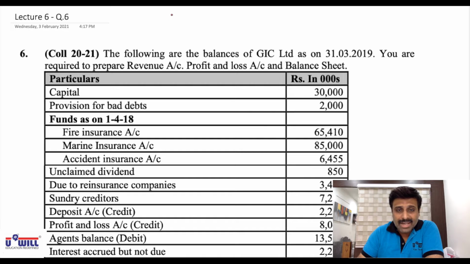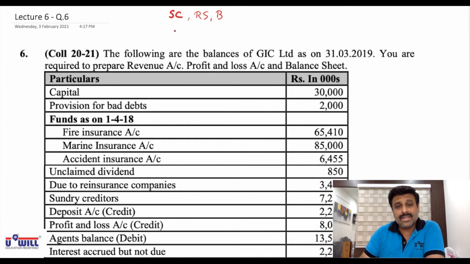Okay, so balance sheet format, all of you recollect before we start with this question. In balance sheet we have seen that there are two headings: sources of funds and application of funds. In sources of funds we have share capital, so that we will mark as SC. Reserves we will mark as R, or reserves and surplus, RS. And then borrowings we will mark as B. Only three sources of funds. Then we had application of funds.